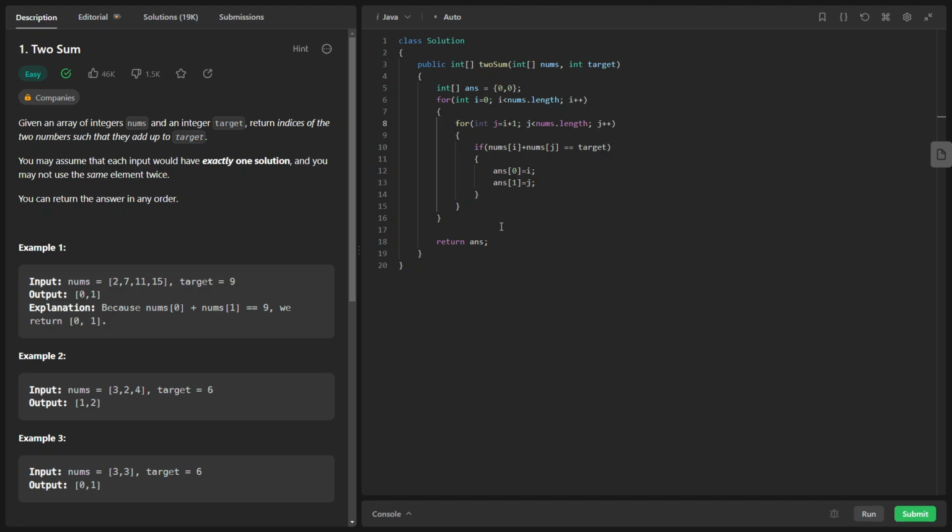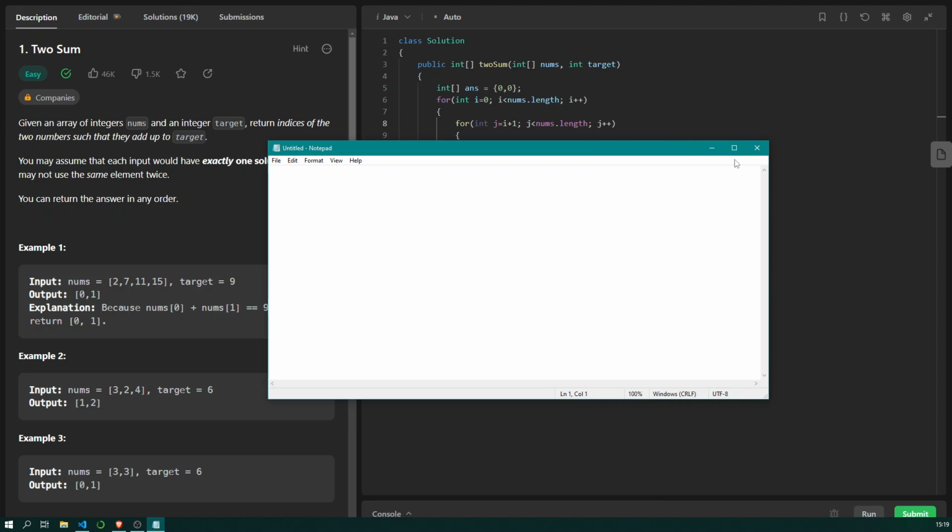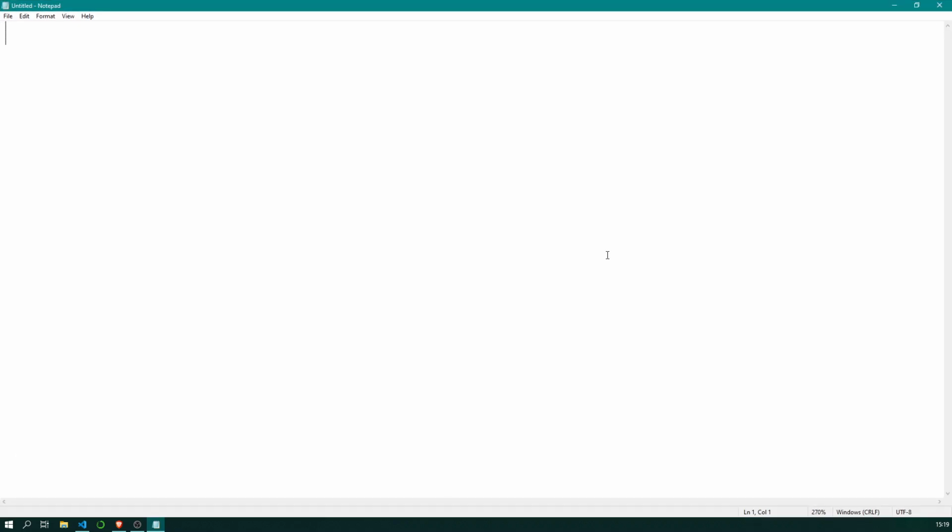However, we need to discuss another approach which is in n log n. To discuss that approach, we first need to discuss the intuition behind the code.